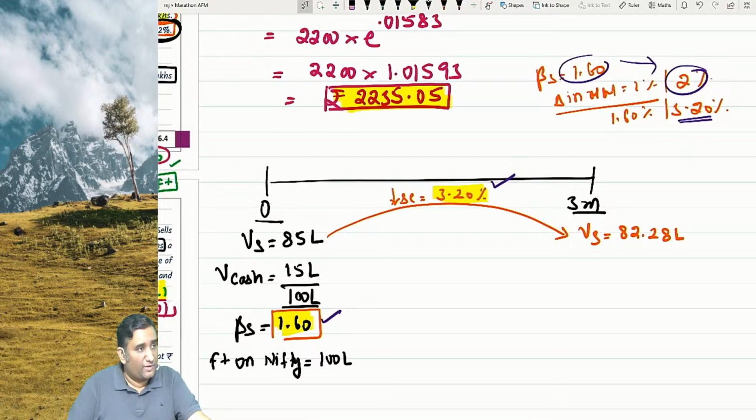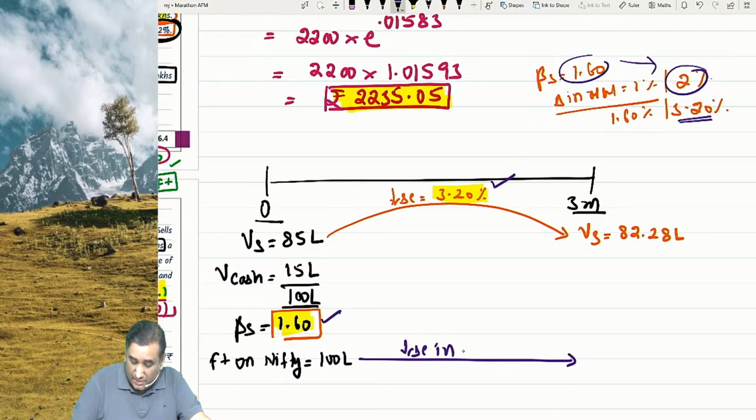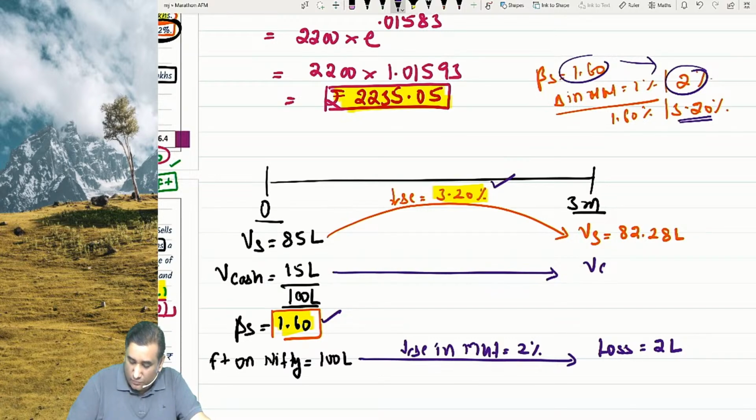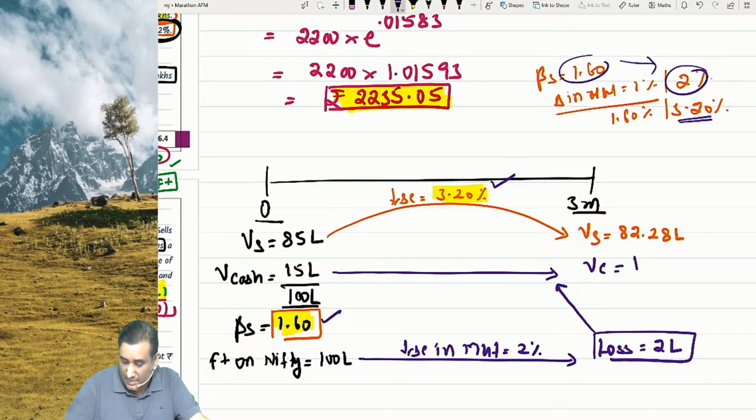Percentage. If the market would have declined by 2%, then since I was 100 lakh plus, the decrease in market is 2 percentage, I will have a loss here equal to 2 lakh. Loss would be equal to 2 lakh. My value of cash is 15 lakh, since loss is cash settled, my cash balance will decline by 2 lakh. That means my new balance will be equal to 13 lakh. My new value of portfolio 95.8